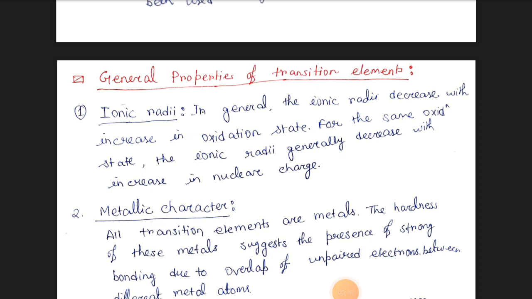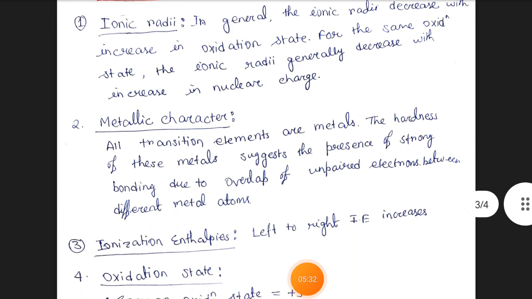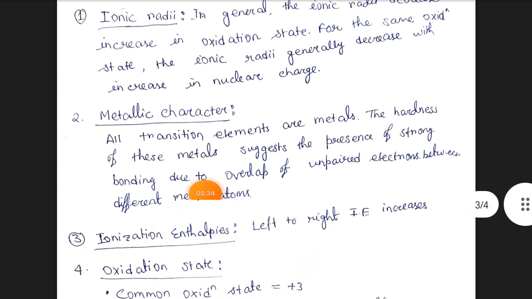In general, the ionic radii decreases with increase in oxidation state. We know that. For the same oxidation state, the ionic radii generally decreases with increase in nuclear charge. Okay. Next, metallic character. All transition elements are metals. You know that. The hardness of the metals suggests the presence of strong bonding due to overlap of unpaired electrons